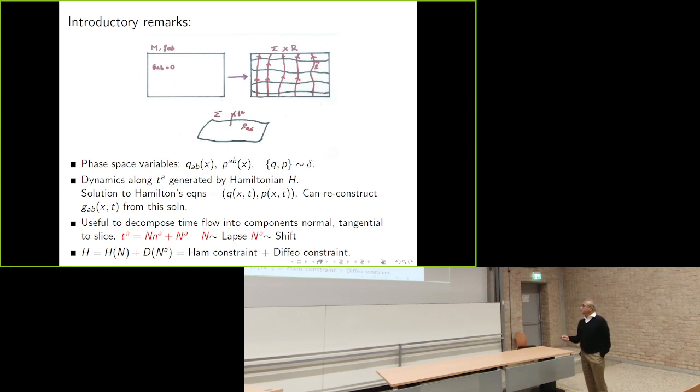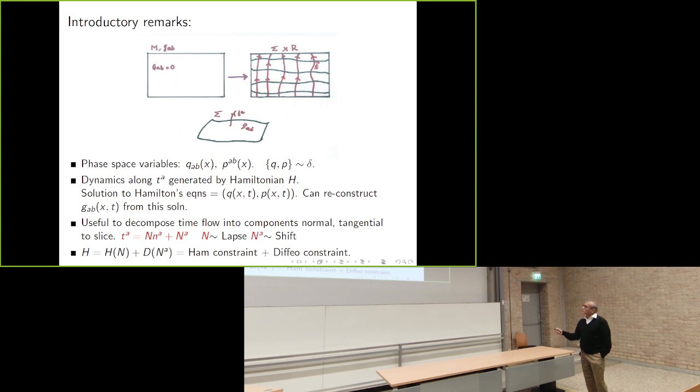It's useful to decompose the time flow vector field into components normal and tangential to the slice, and these are parameterized by the lapse and the shift. So the shift is tangential to the slice, little n is the normal to the slice, and the lapse is the amount which you go normal. The Hamiltonian then resolves into a sum of two generators, one which generates the evolution normal to the slice, and which is called the Hamiltonian constraint, and the other which is generating